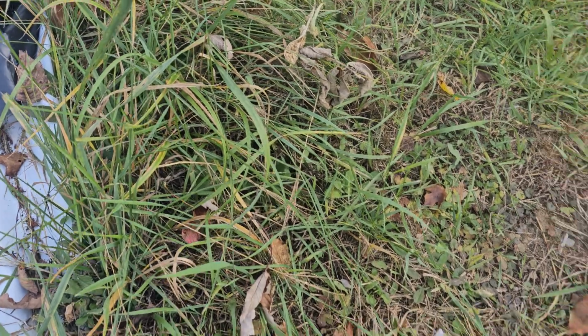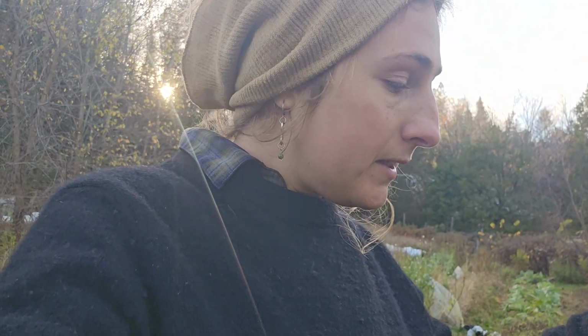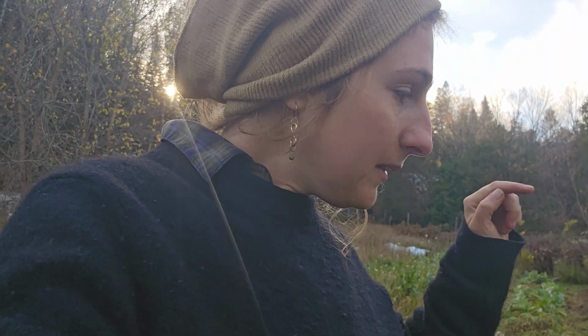And what do I mean? Like this is green, and these leaves are dead and brown, right? So you want to create a good layer of organic material and let that decompose in the winter. Use the momentum of the cycle of the season and let that decompose, because soil is an ecosystem that is built over time. It's built through this decomposition of organic material on the surface of the soil, and it's also